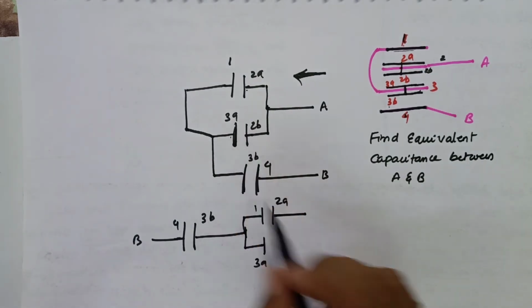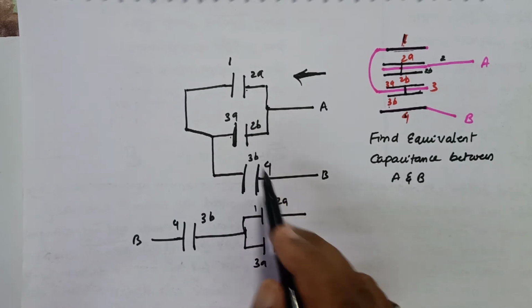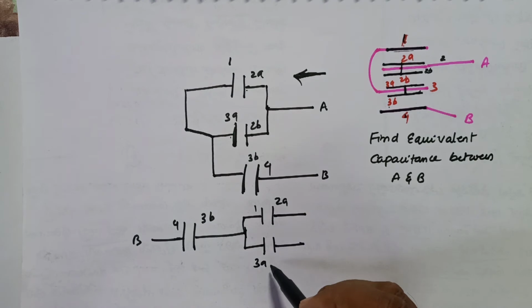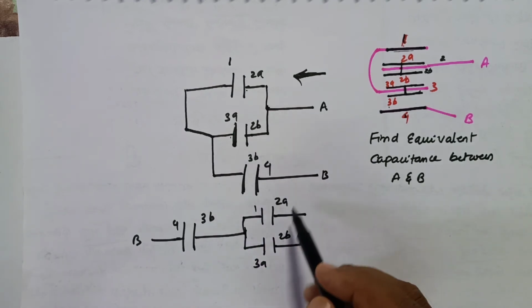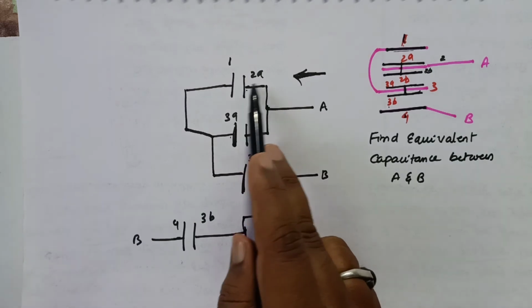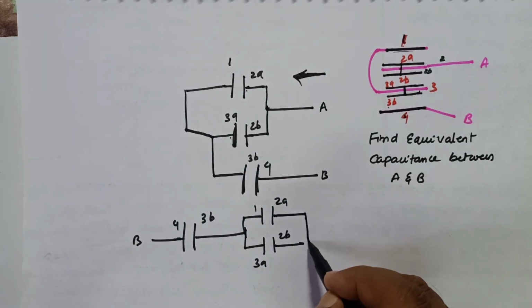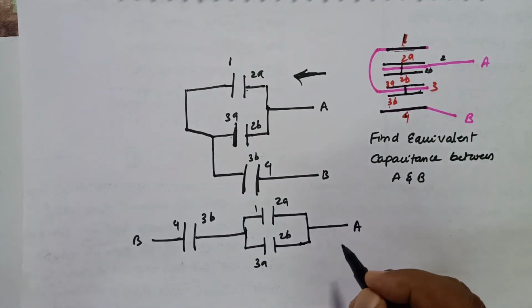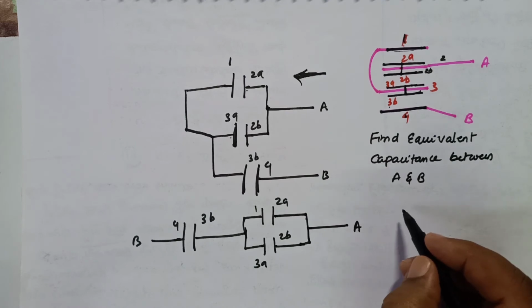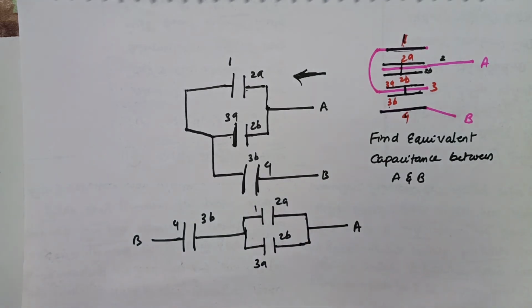Understand? And 3A is forming a pair with 2B. Okay, and what is going to happen now? 2A and 2B are connected like this, and this is forming A now. Now he is asking us to find the capacitance between A and B. First, if you observe,